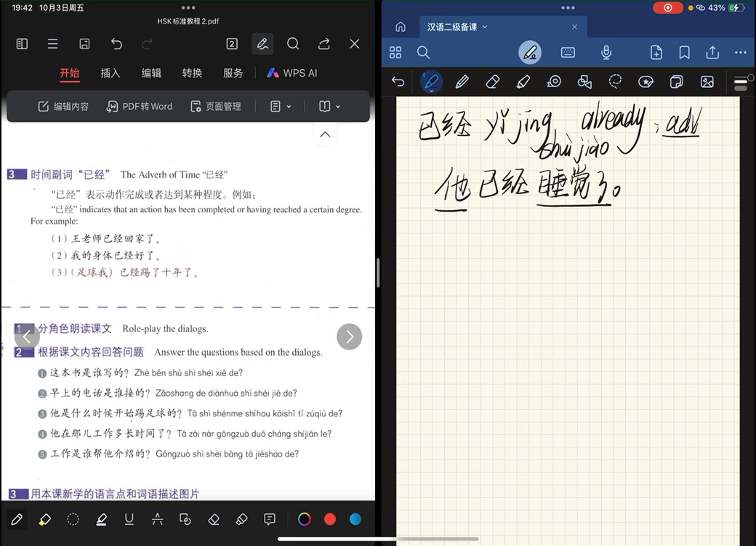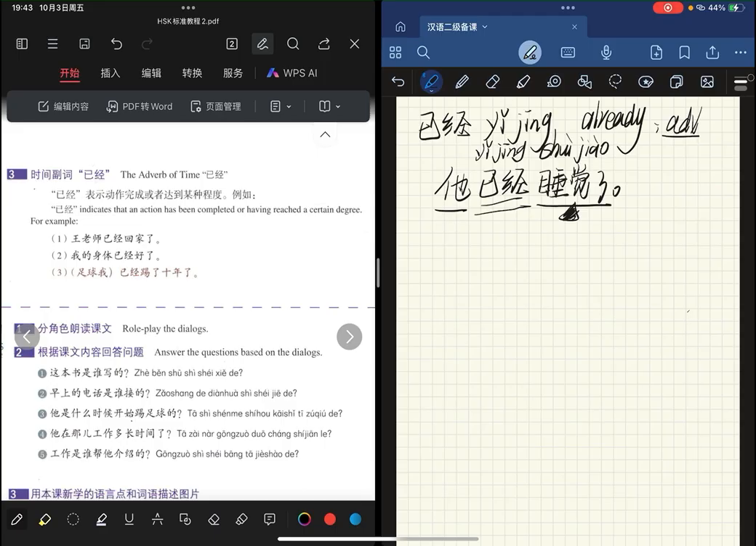Let's see this part. 他睡觉了, he went to bed. And now we add the 已经, already. It means he has already gone to bed. The action of sleeping is completed. 他已经睡觉了。